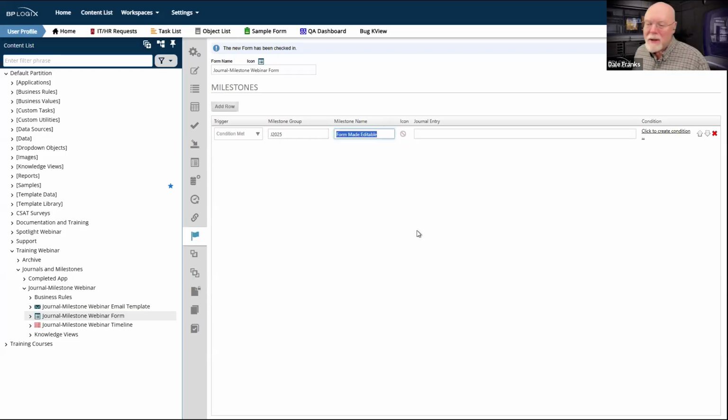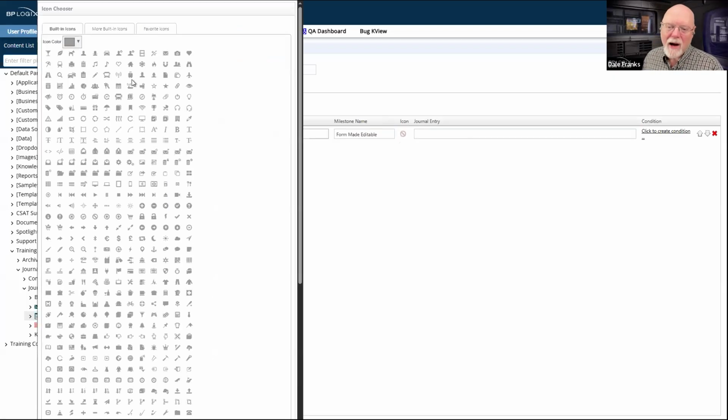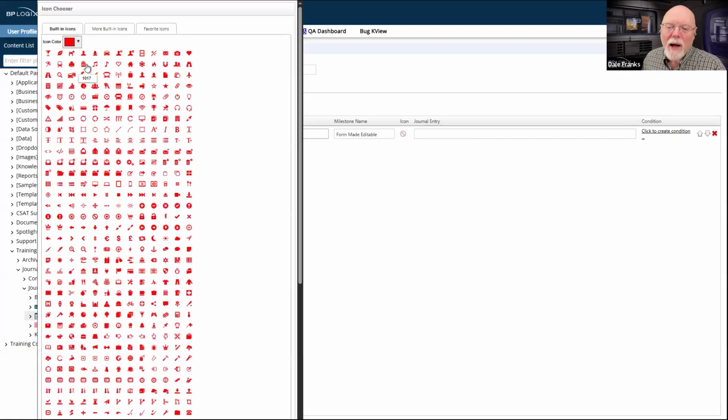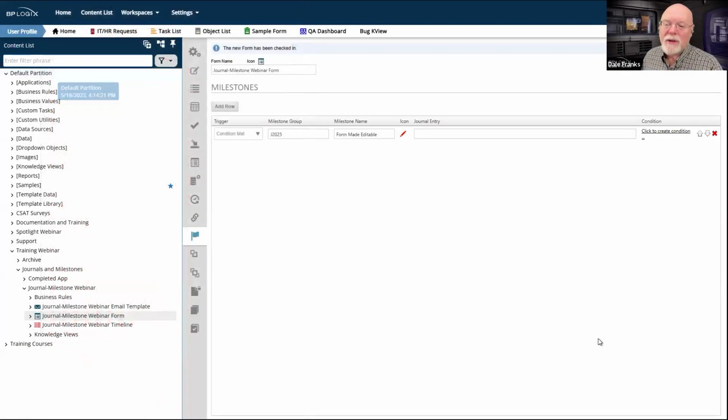So this is going to be the milestone name, that the form has been made editable. It is a logical descriptor of the event that I'm trying to let the user know occurred. I'm going to give it an icon, which, let's put it in red and grab my little pencil icon, which is that one right there. So it'll show this little red pencil.